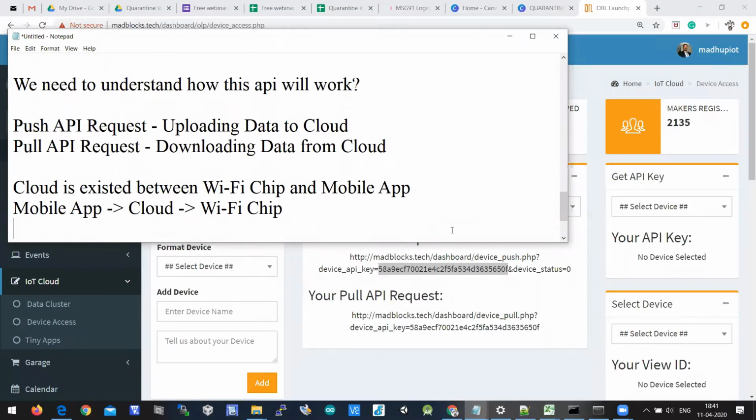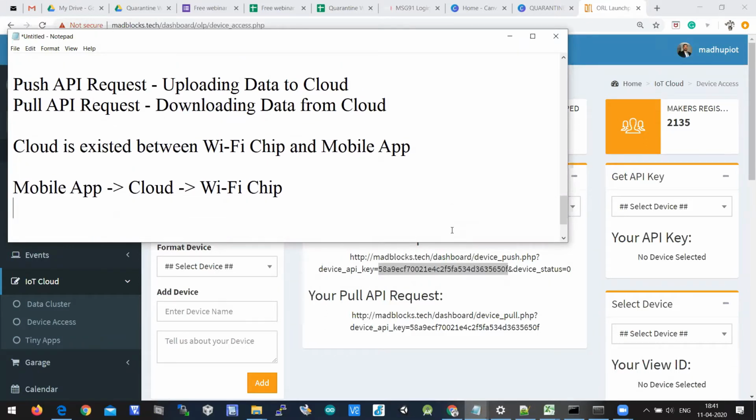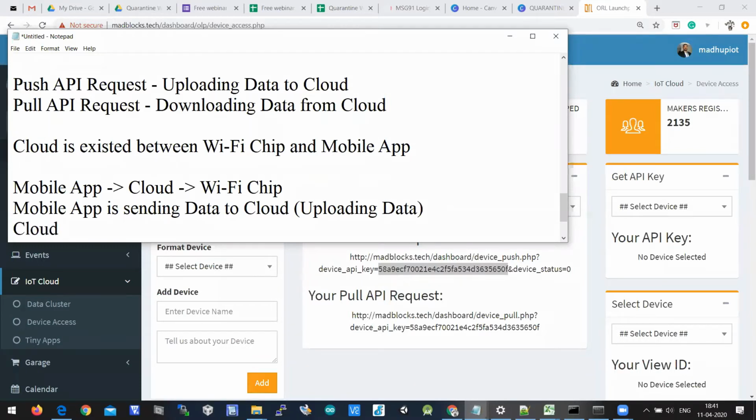So this is a flow, right? The mobile app is sending data to the cloud, which means that you're uploading data here. The cloud cannot send data; the Wi-Fi chip has to retrieve data from the cloud, because the cloud is a machine. It cannot send data, but you can retrieve data from the cloud. So this is nothing but downloading data.